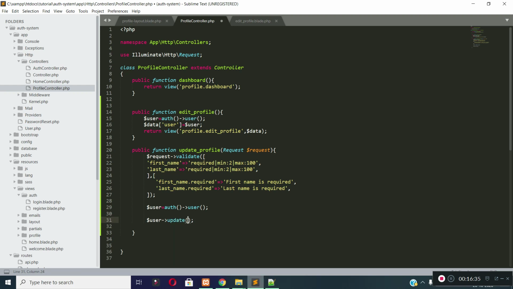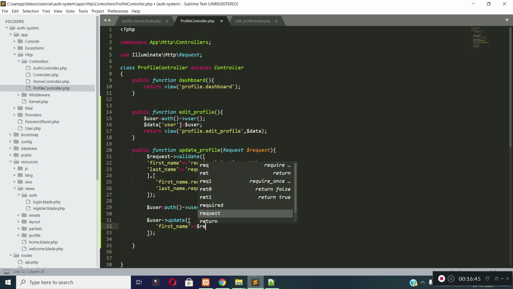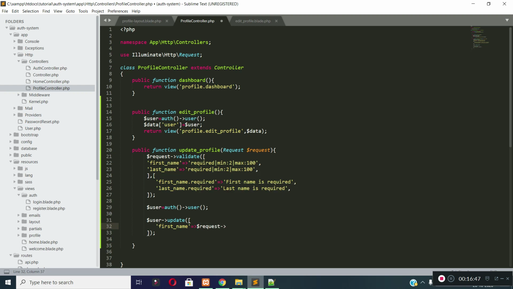I am updating first name and last name, so I will write first name and I will update the first name by the request first name value, and I will update last name by the request last name, I mean whatever the data the user is submitting.